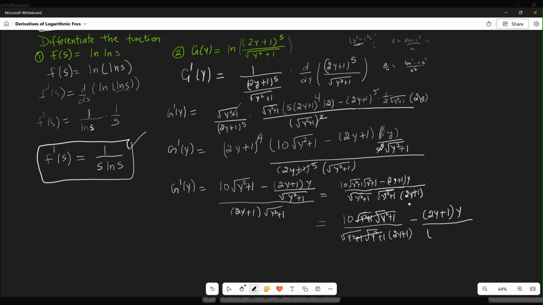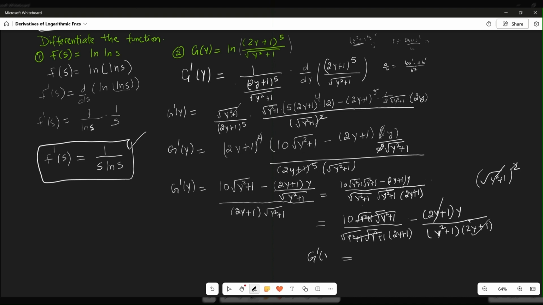But here, it's simply square root of, hope you're seeing this, right? This is simply y square plus 1 times twice, right? So the square root cancels out, so we are left with y square plus 1 multiplied by 2y plus 1. Remember, we're just splitting this here with the denominator, numerator with the minus sign. So this one cancels out here, and